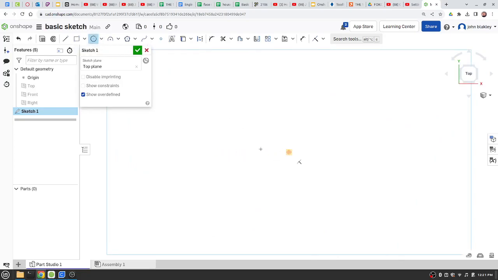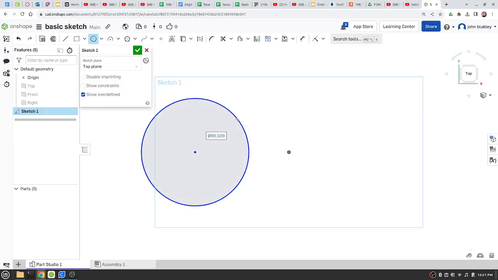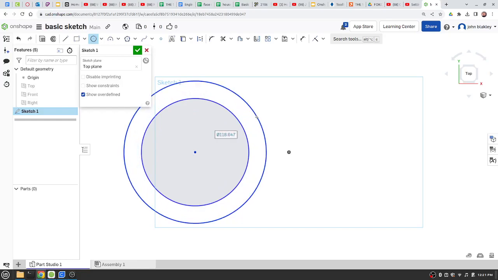So you can either go in the middle. I'm just going to go a little bit over here because the paper is like that, so I'm just going to click a circle there. Then hover over the middle, click it again,